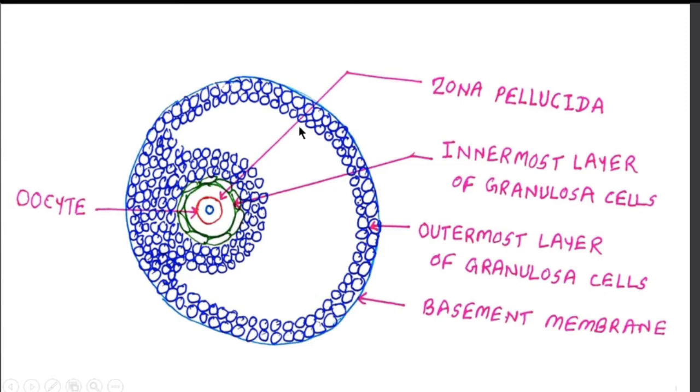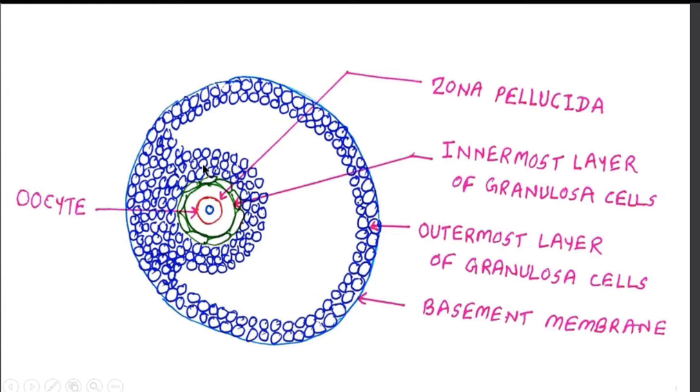And then later you can see that as the primary follicle again starts to grow, these follicular cells divide and redivide, and they surround the basement membrane from inside. Here you can see, surrounding the ovum, a bunch of granulosa cells is formed. These granulosa cells again encircle the basement membrane. So you can see this is the basement membrane, and encircling the basement membrane, these are the granulosa cells. So granulosa cells are found everywhere inside this follicle.